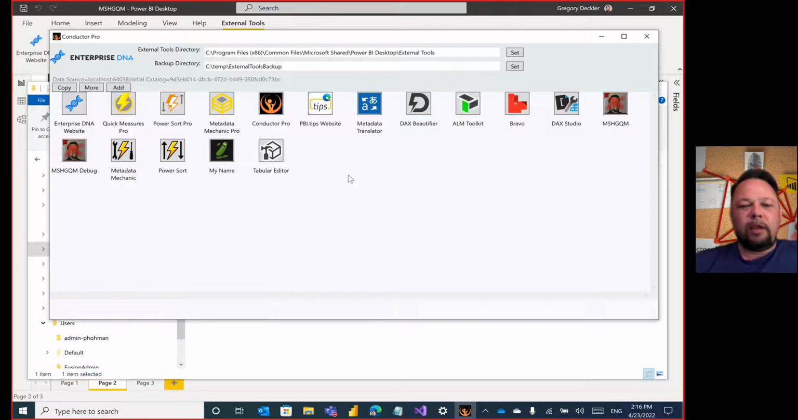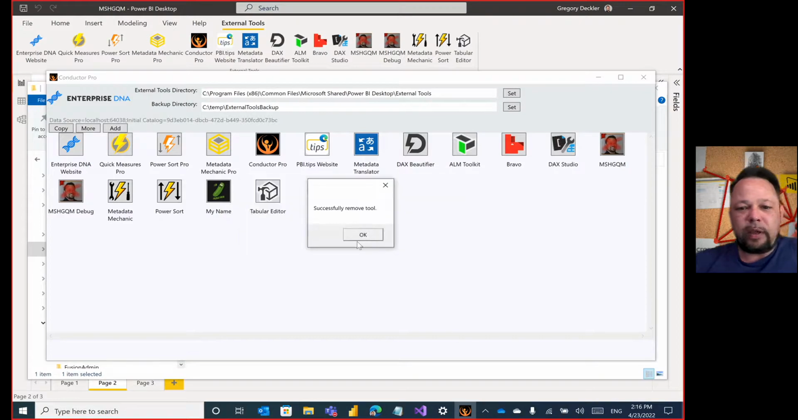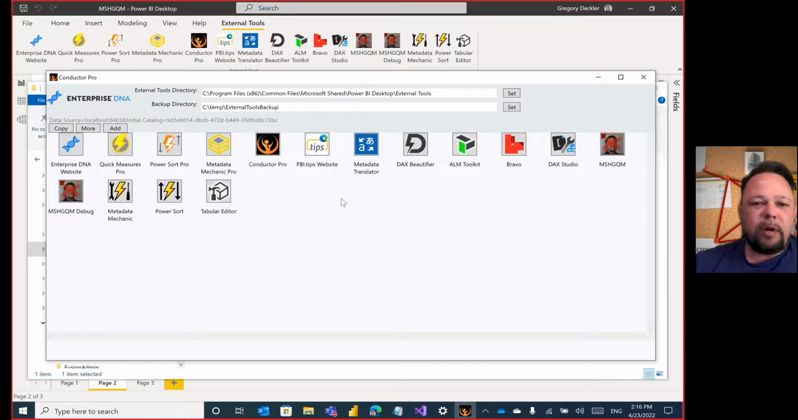So I say okay. And now what you're seeing here are all those external tools that are in your toolbar, the same ones. But where these are coming from is your backup directory. So what it did was it copied all those JSON files into the backup directory, and then it read in all the information from those files, and that's what it's displaying, all of these icons. Oh, I want to get rid of that because it's for a demo that we're going to do here. All right, so